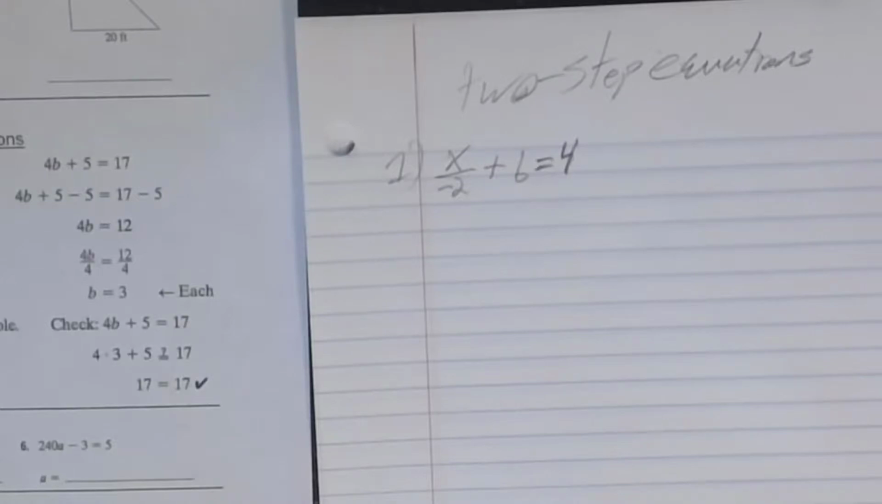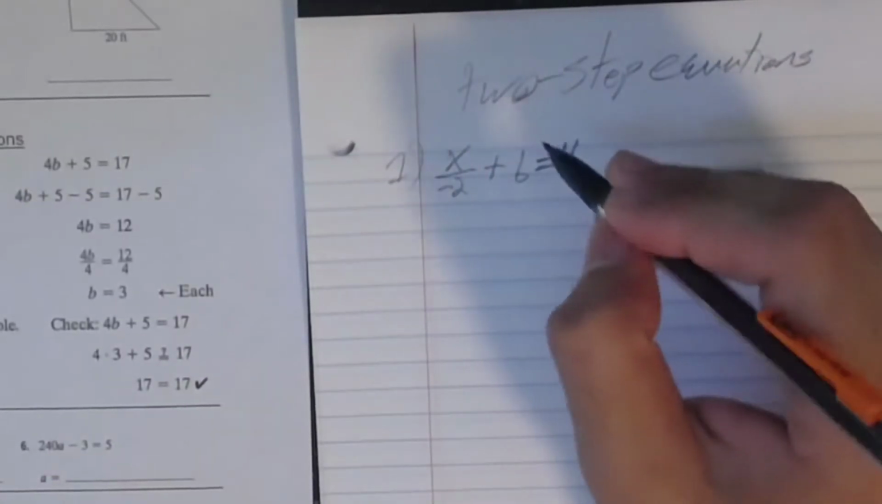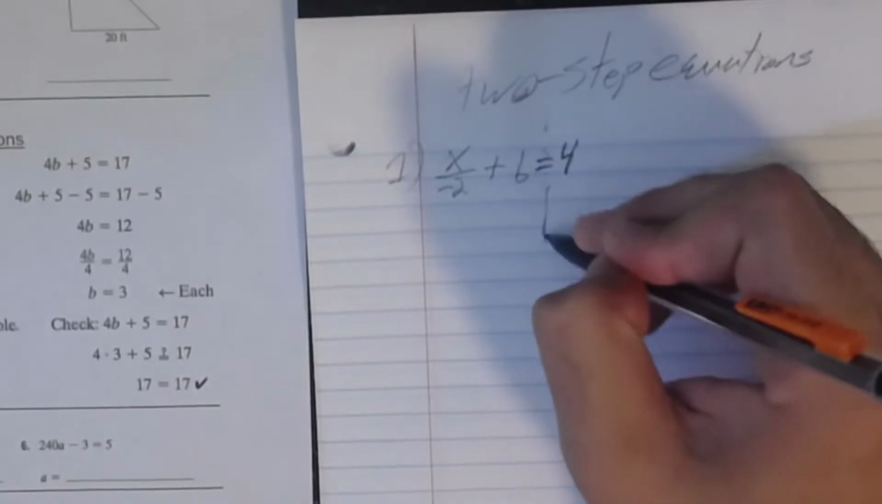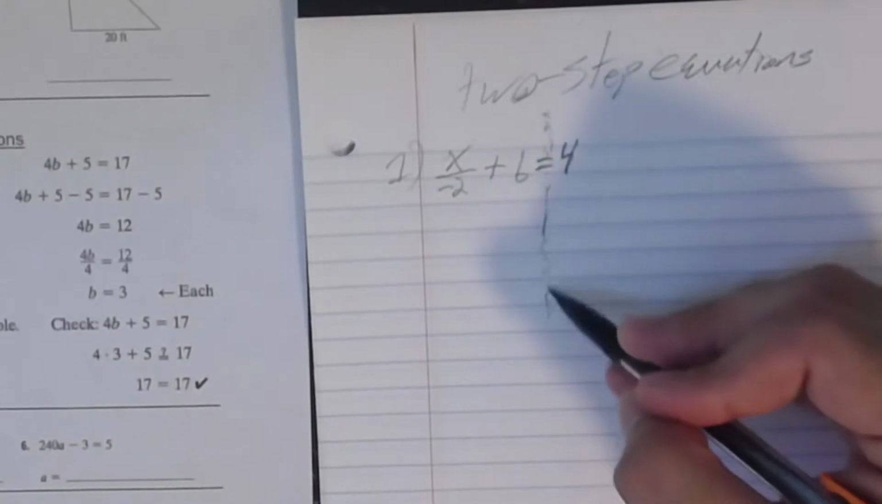What does that mean? We have to get everything else onto one side and x by itself on the other side. So what I like to do is pick a side. It doesn't matter. I like to think of it like this. Think of a barrier, and I tell myself,